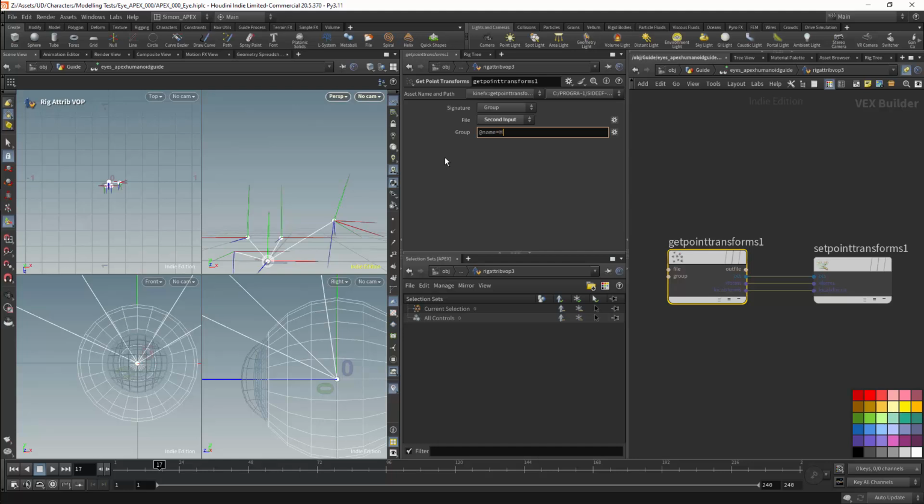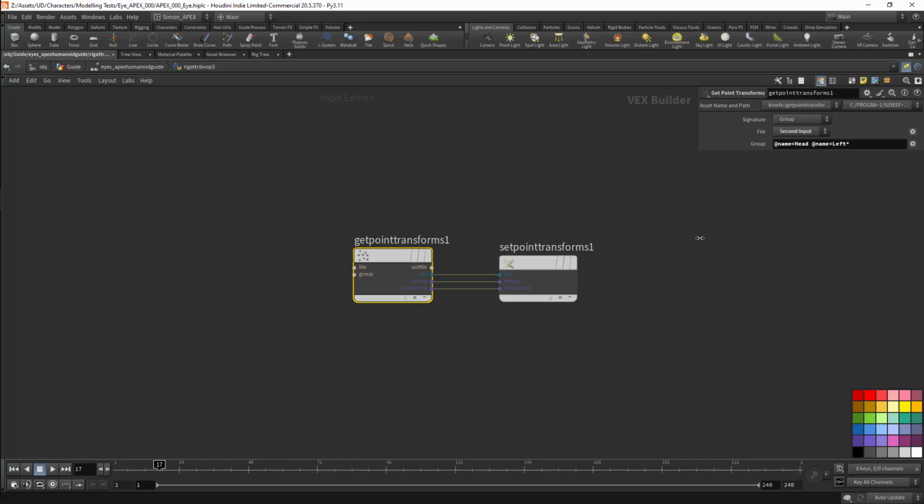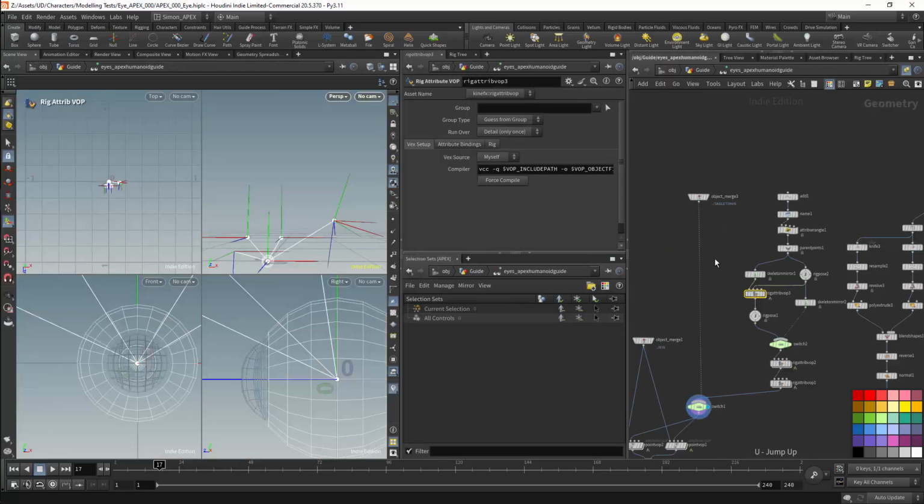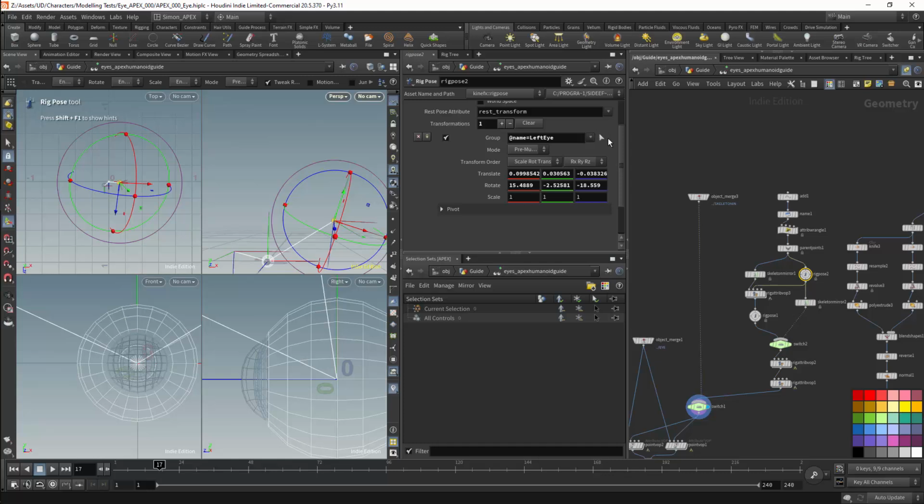I'll specify two joints within the get point transforms node. The first will be @name equals head, and the second will be @name equals left*. This should make sure that these joints have the same transforms as our symmetrical transforms, as we're just replacing the transforms in this branch. I have, however, made a mistake within the symmetrical network, as currently we cannot edit the